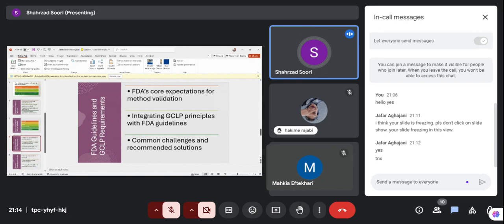Okay, no problem. GCLP, or good clinical laboratory practice, bridges the rigorous standards of GLP with clinical trial requirements. Unlike standard laboratory practices, GCLP ensures that all data generated during clinical trials meet stringent quality and ethical benchmarks. It's the gold standard for clinical labs. And what are the FDA's roles in this field? The FDA oversees compliance with GCLP and method validation standards. Its goal is to ensure that all laboratory results used for regulatory submission